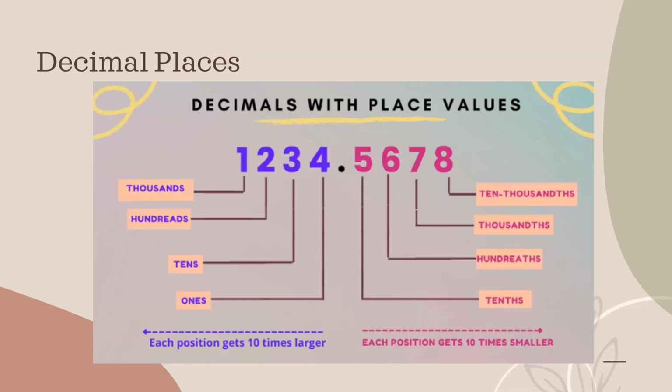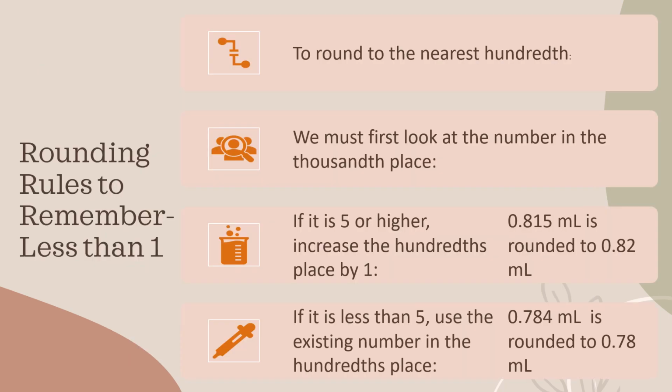This slide is a reminder of decimal places. Anything to the left of the decimal is a whole number. Anything to the right of the decimal place is part of a whole. In nursing, we deal with tenths, hundredths, and thousandths place of decimals. We have some rounding rules we need to discuss before we get into how to do dimensional analysis in the next PowerPoint. First, unless otherwise noted for adults, which is all we discuss in Block 1, we're going to round all decimals to the 10th place unless we have a number that's less than 1.